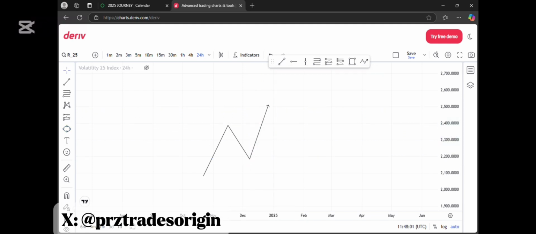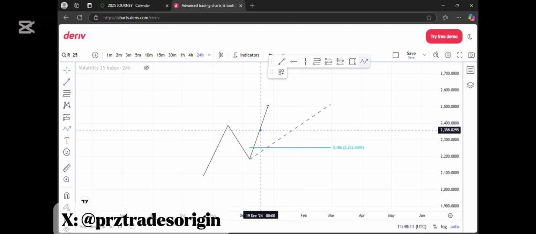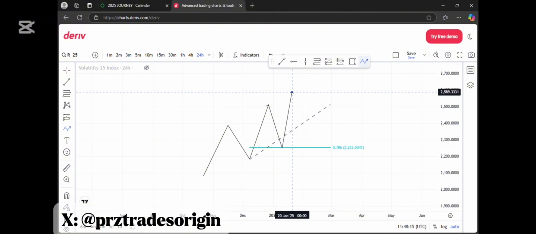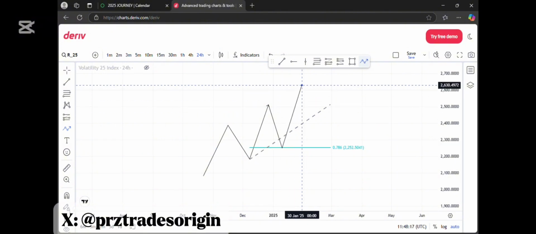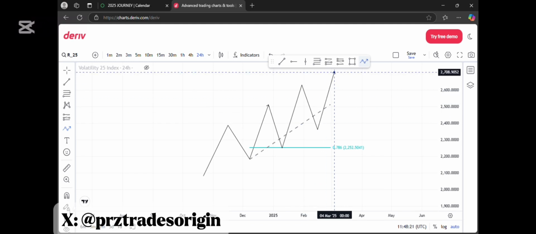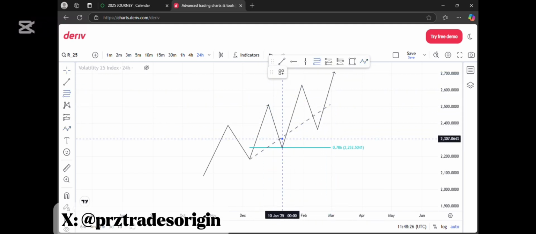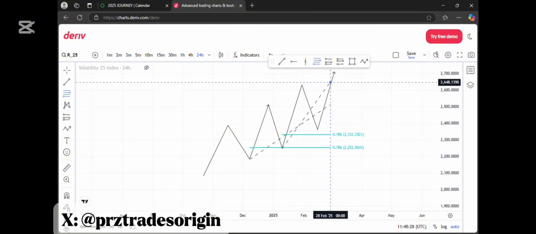In the selling example too, you'll know it there, and it's only around the 618 or 786 level of the Fibonacci. So we are expecting price to come back to the OTE, then buy from that level. That is what we're expecting price to do. And if you look, the second time too, price also respected the OTE,